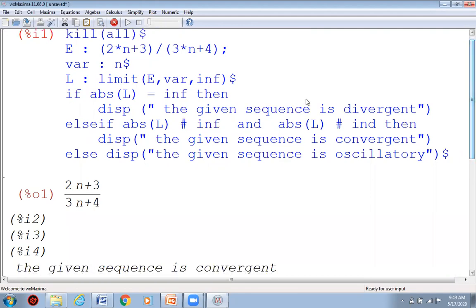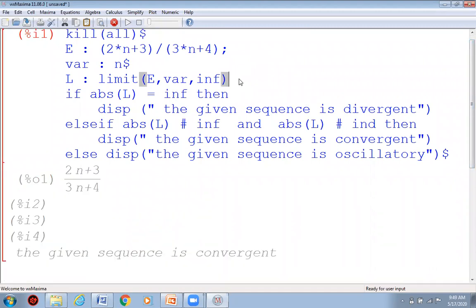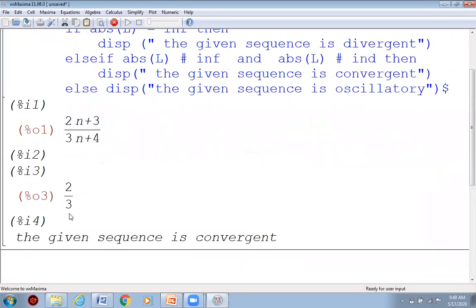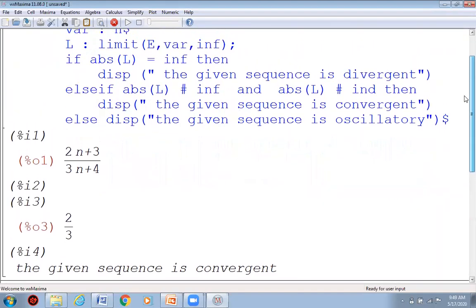Okay, let us see the output now. This is what we are getting. So here, let me just see the output value for limit. So I'll give semicolon here. So when I execute, I get the value of the limit. So when I put $ sign, the value of the limit is evaluated, but it has been stored or hidden here, right? So always cross check the nth term, the value of the limit, and the output.